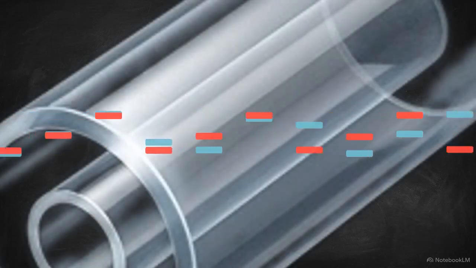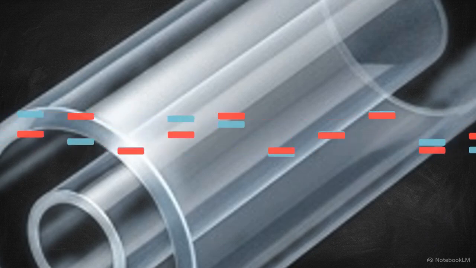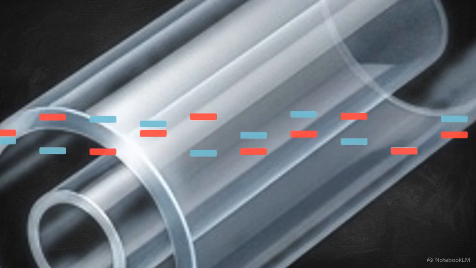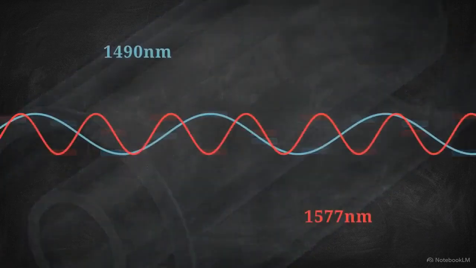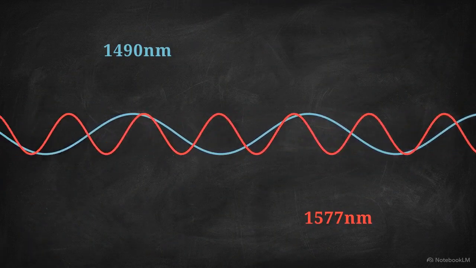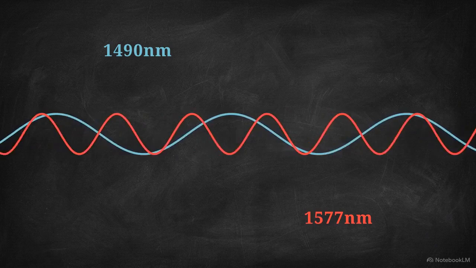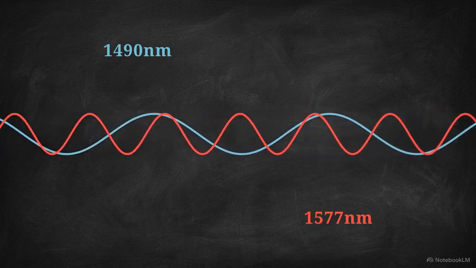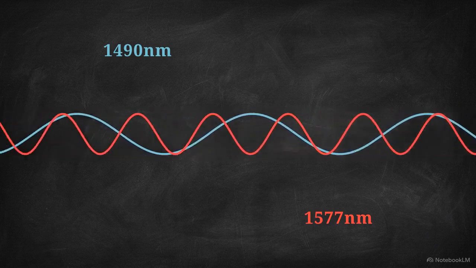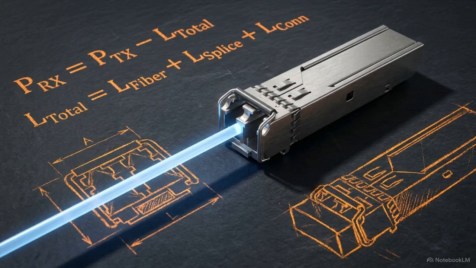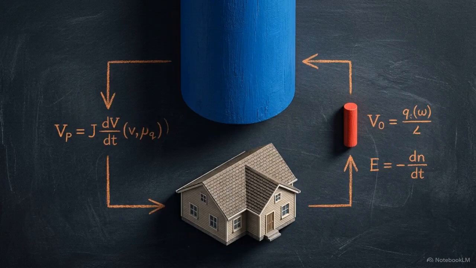Operators can run legacy gigabit connections and modern 10 gigabit symmetrical connections simultaneously on the same physical glass by modulating them at completely separated optical wavelengths, keeping the 1490 nanometer signals completely isolated from the 1577 nanometer signals. Optical fiber defeats the Shannon-Hartley limitations of metallic wire, shifting the engineering challenge entirely away from noise mitigation and into pure optical power budgeting. Because of the strict noise limits on the upstream path, legacy broadband architectures were built to